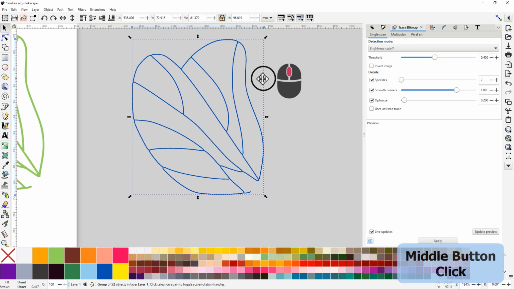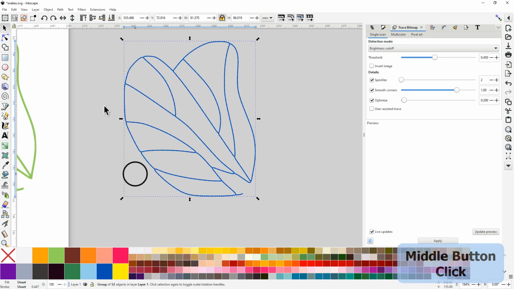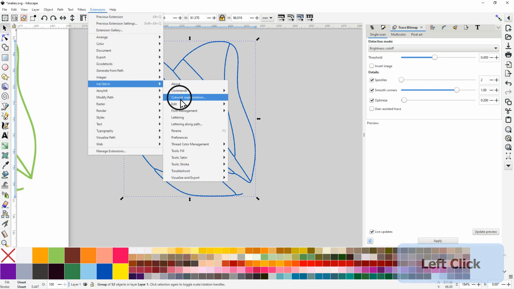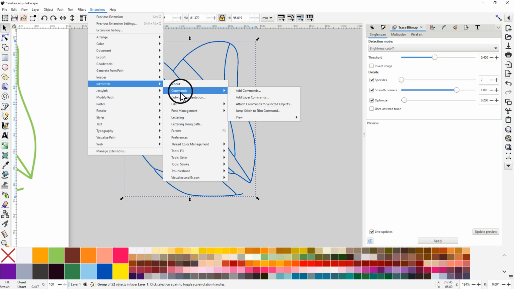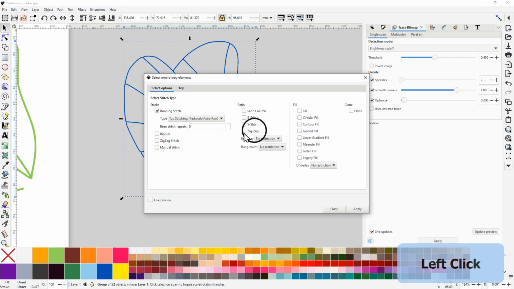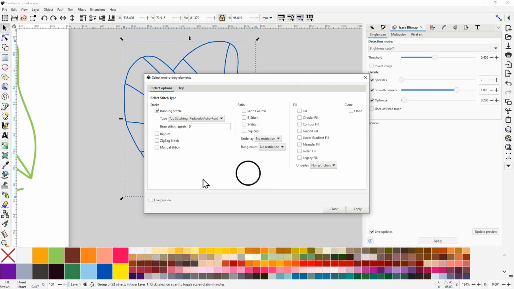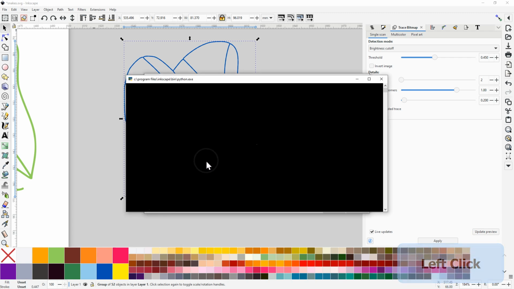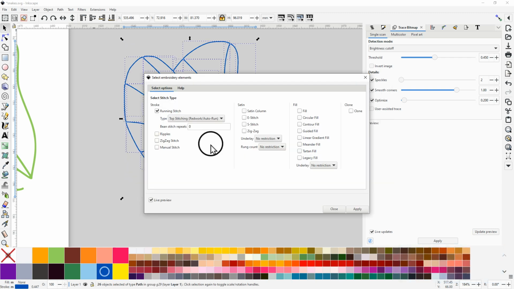So how can I do that quickly? I can go and extension Ink/Stitch. Let me see here. Edit. Select embroidery elements. And let me see here. Stroke, running stitch, top stitching, redwork. And I will go do the live preview. And then it is checking